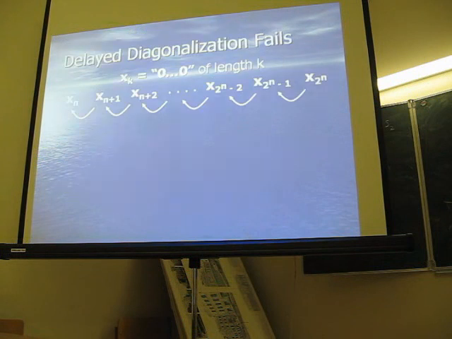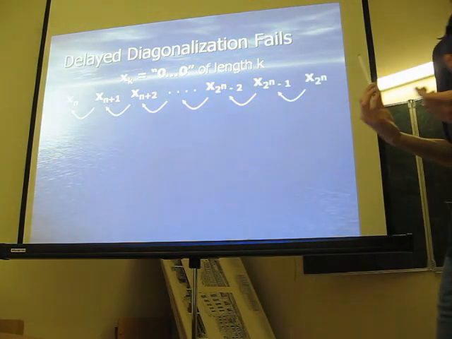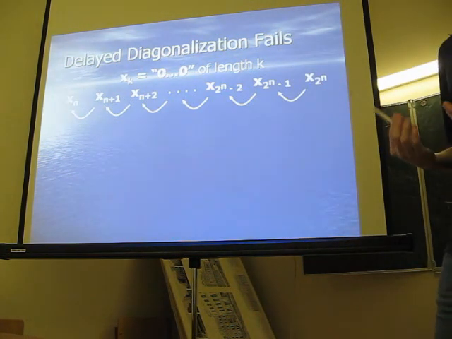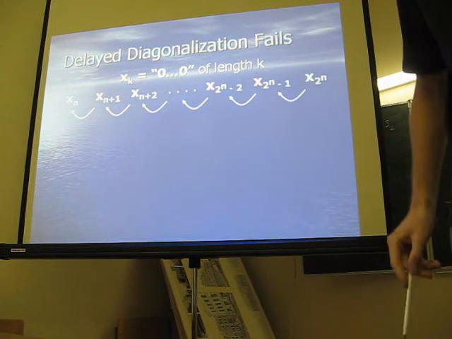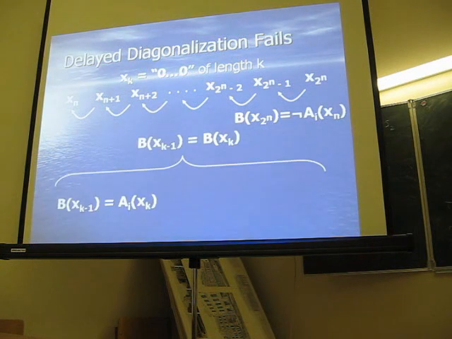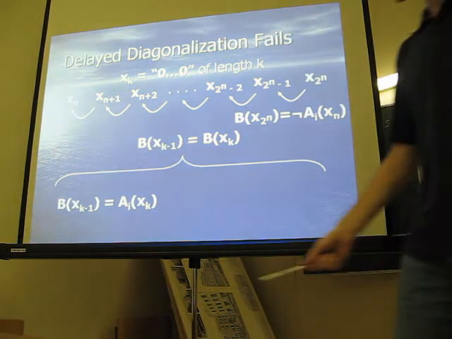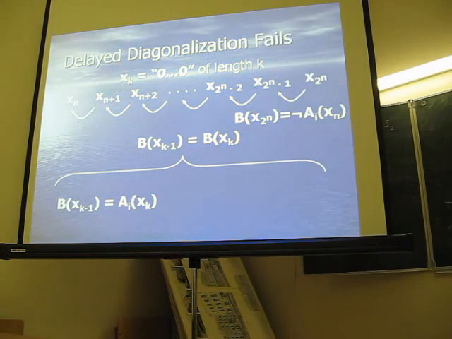Firstly, let me try delayed diagonalization in order to prove this theorem. Maybe it works. So again, let me choose a number of strings of different lengths, x_n, x_2^n. Again, we define machine B on input x_{2^n}. Again, we define B on all other inputs so that it simulates A on x_k. And now we want to use a sum